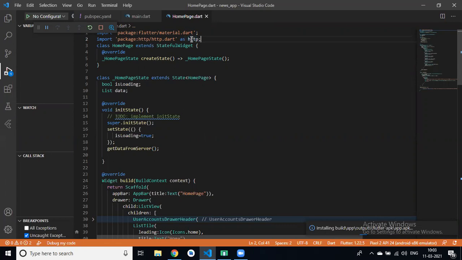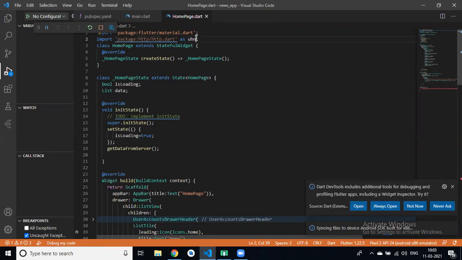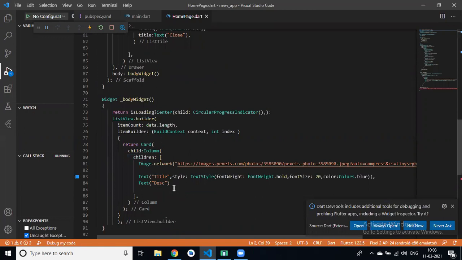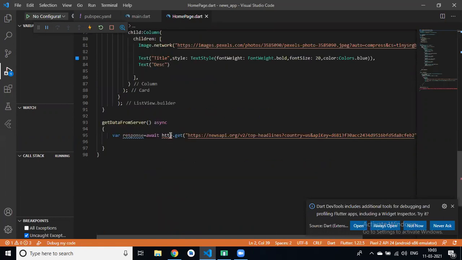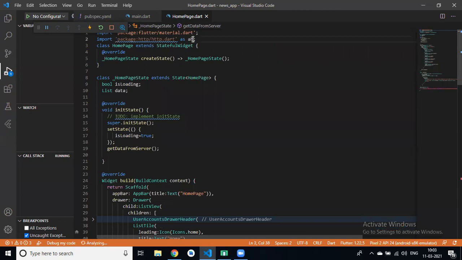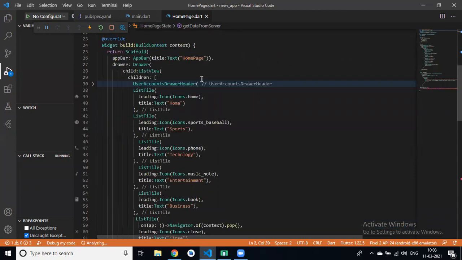I think I can define it like ABC, yes or no? No. We have imported only HTTP. We import from Google. If I write ABC here, it throws an error, and if I define ABC here, then will this work or not?